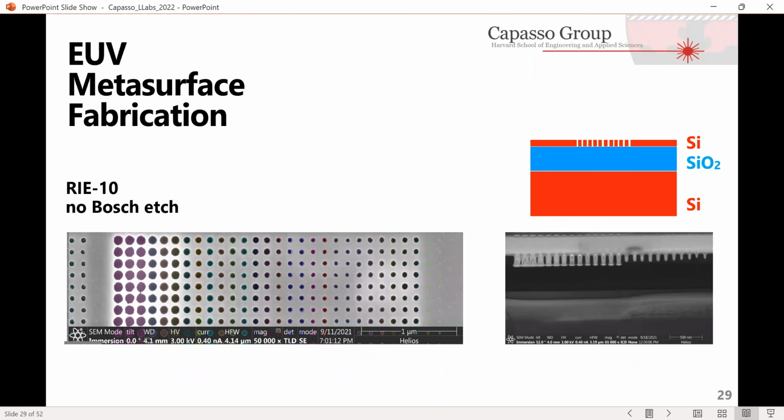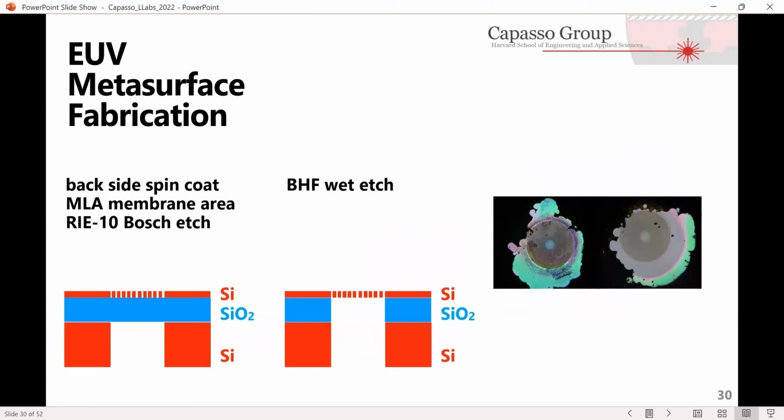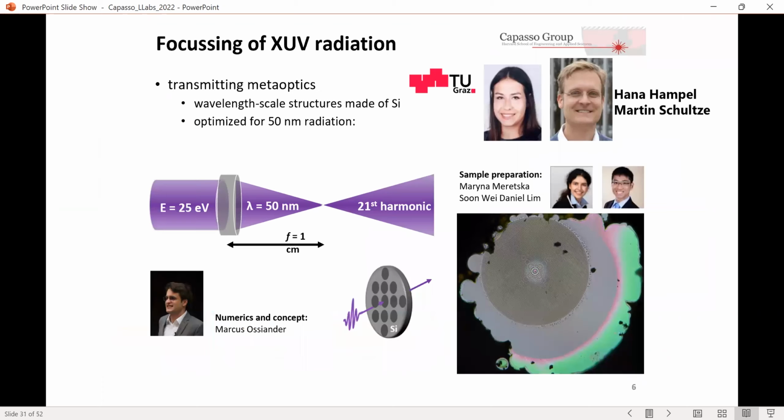And I'm not going to dwell on the fabrication, only to say this was a heroic effort by my group to make this. So at the end, they were able to make 2 small lenses that, however, could do the actual job, and they were tested